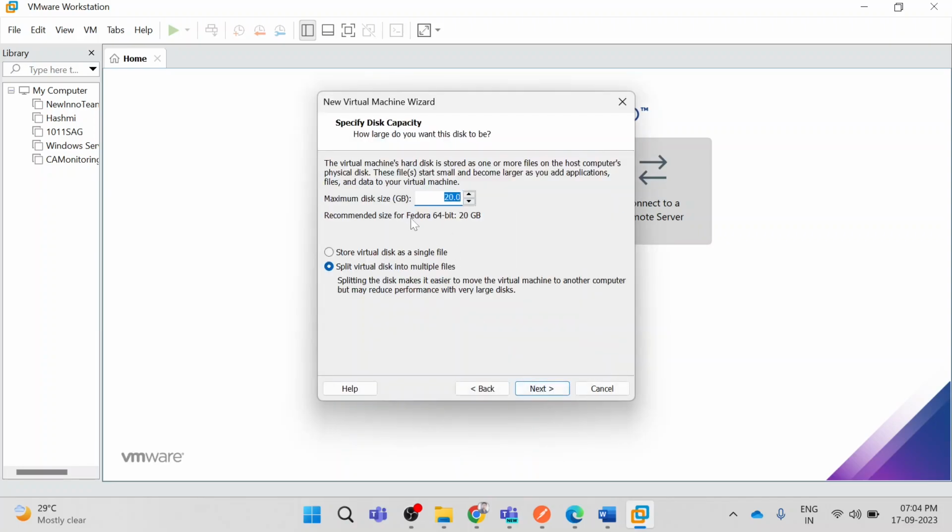After that here maximum disk size you can give 40 or 60. So I'm giving here 60, and here select split virtual disk into multiple files, and then click on the